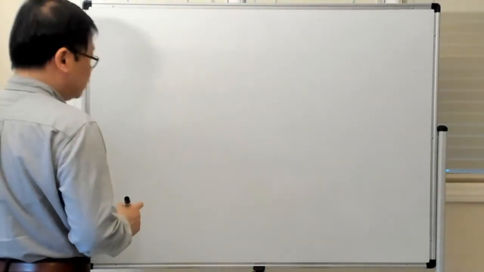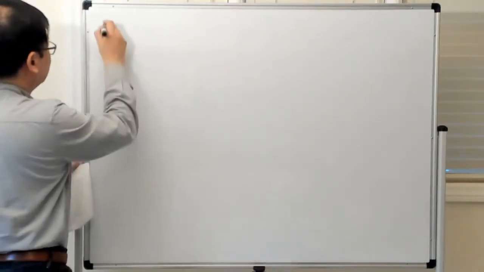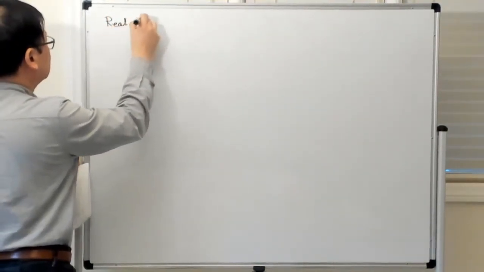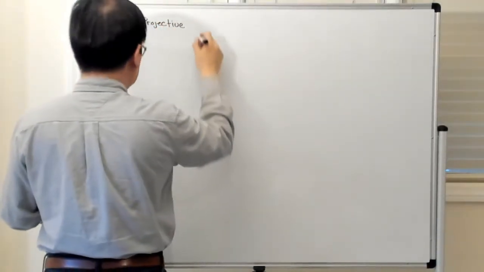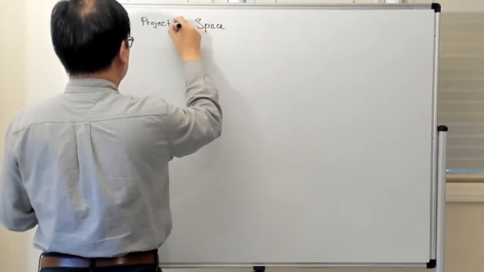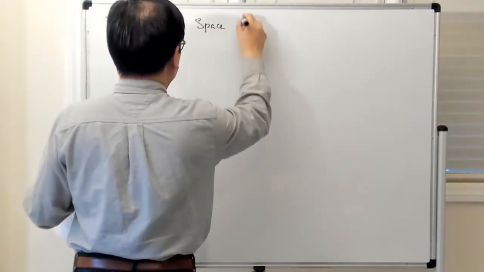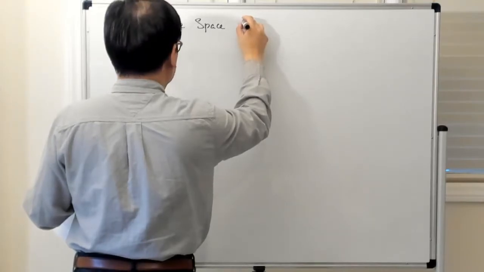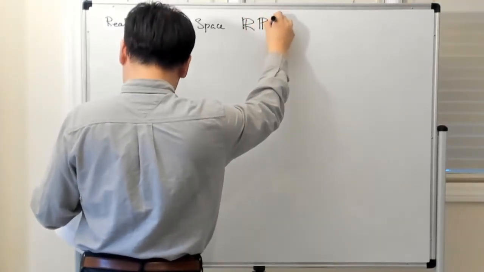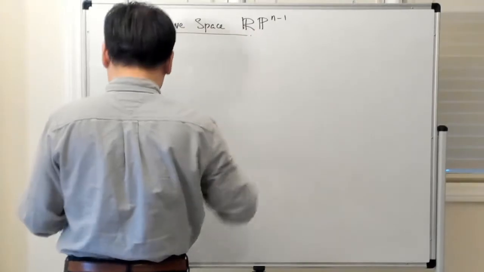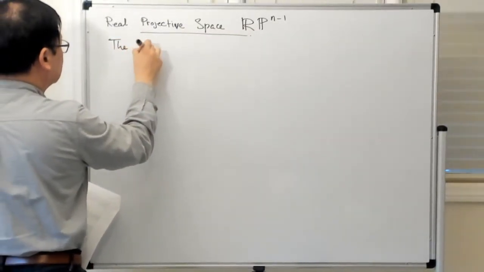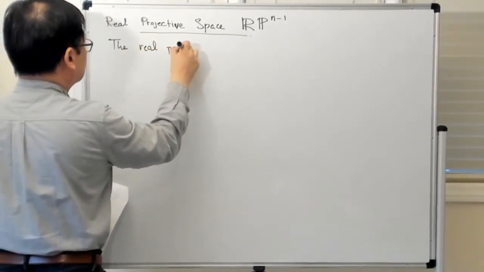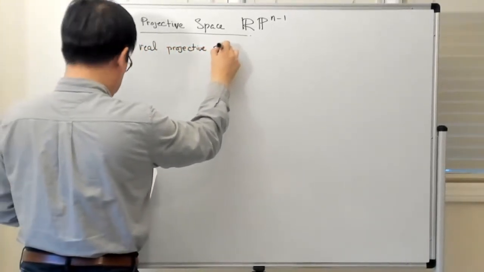So now we're going to look at a few examples of quotient manifolds, and the first one we're going to look at is what is called the real projective plane, or real projective space more generally. So this is RP^(n-1). Okay, so the real projective space